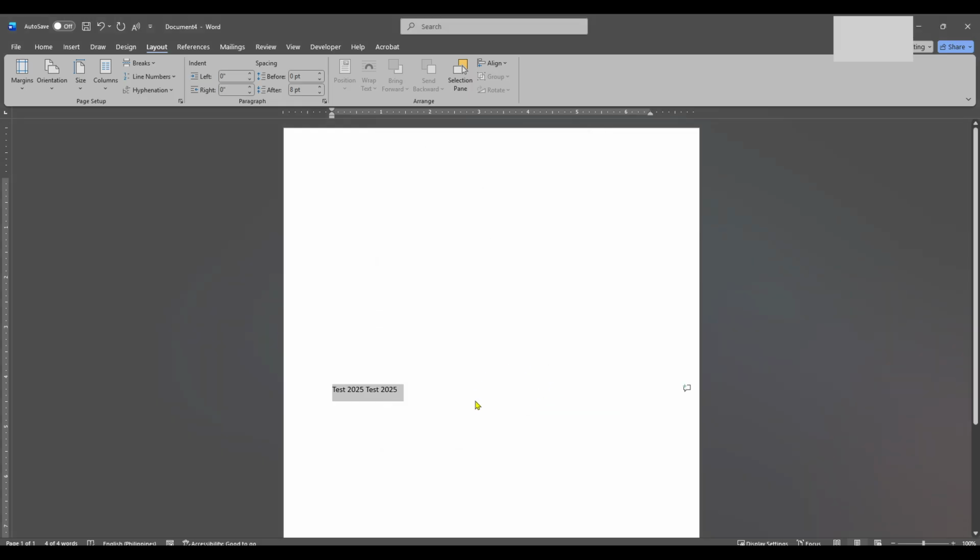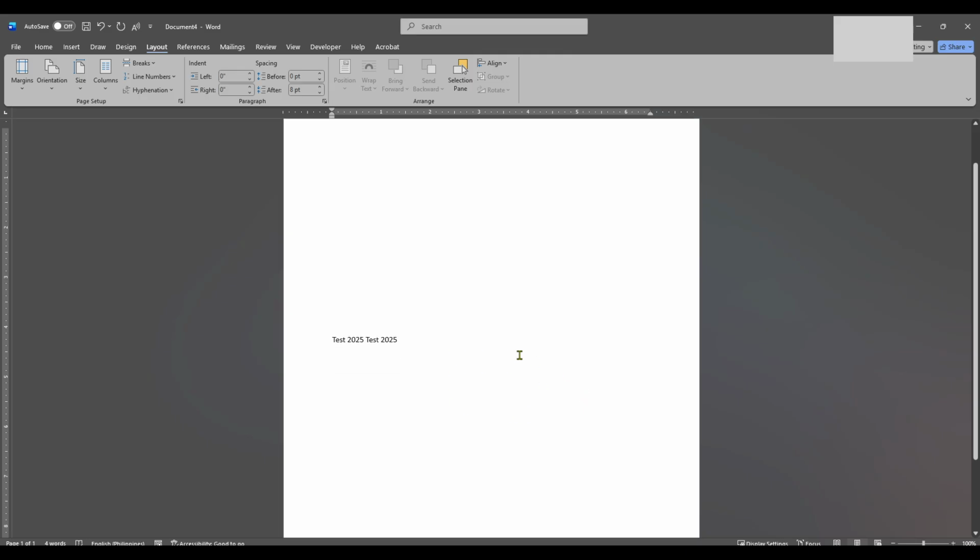Finally, to ensure your text is also horizontally centered, while your text is still selected, navigate back to the main Home tab. Look for the alignment options, typically symbolized by a cluster of horizontal lines of varying justifications. Click on the Center Align icon, which usually depicts lines centered in the button symbol. By doing so, you're confirming that the text aligns to the center both vertically and horizontally. And there you have it. Your text is now perfectly centered on the page.